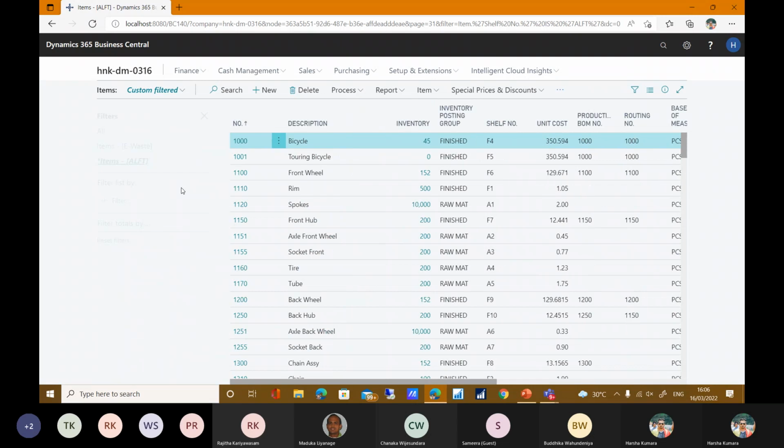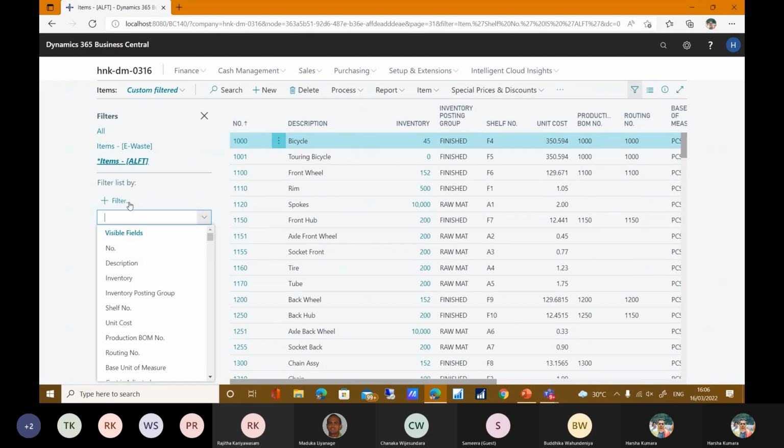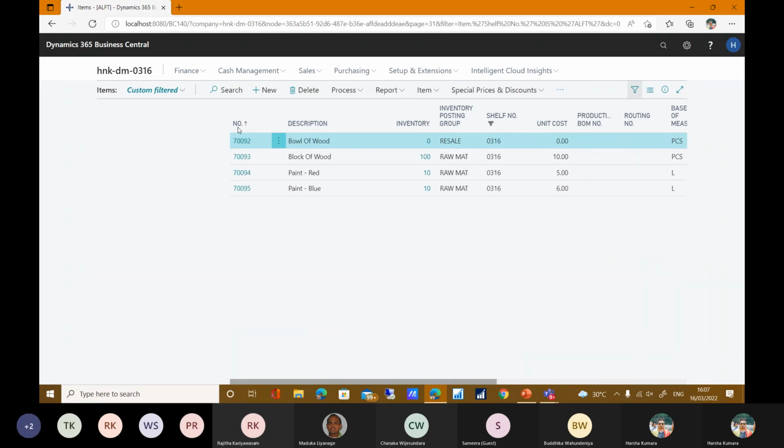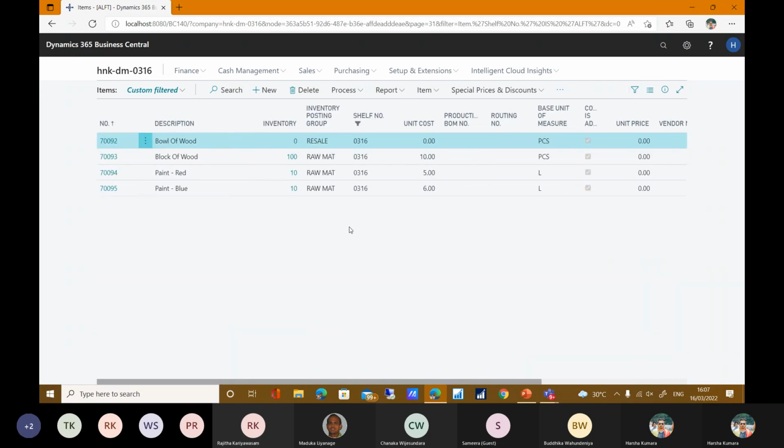One moment. Yeah, these are the items I have created in the system. One is ball of wood, another one is block of wood, another one is paint. There are two paints as I showed in our bill of material. Using these three raw materials, I am going to show you how the ball of wood will be created in